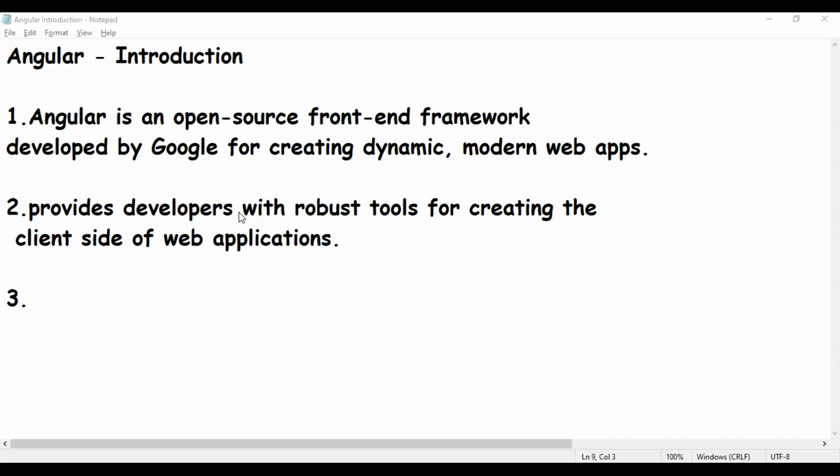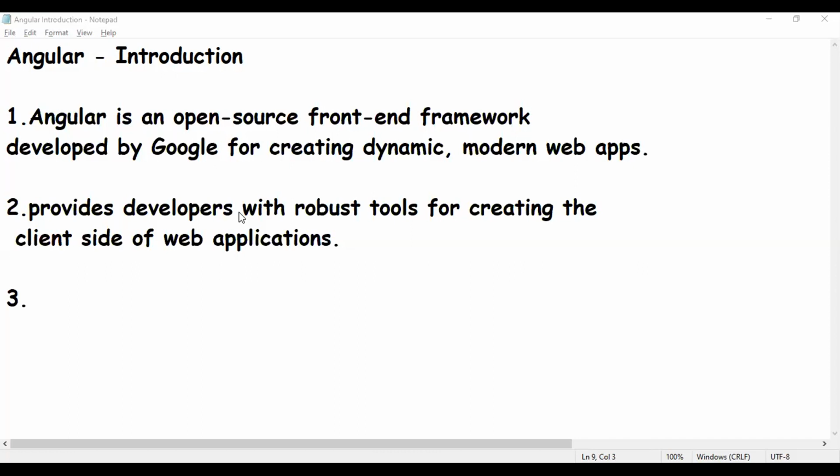This is what made the Angular team think about improving their product further.